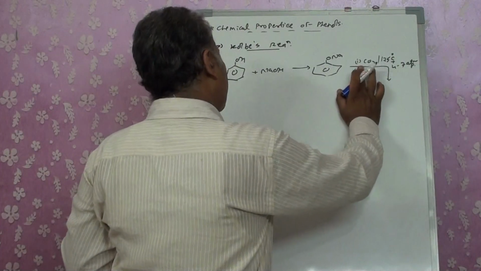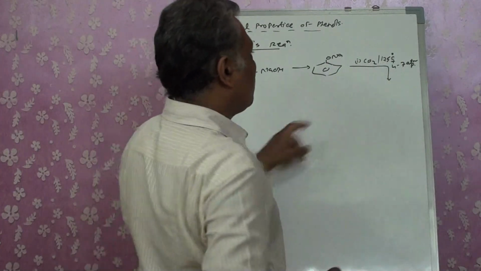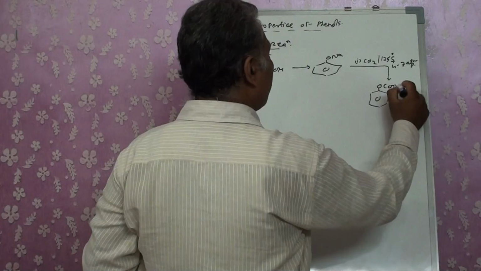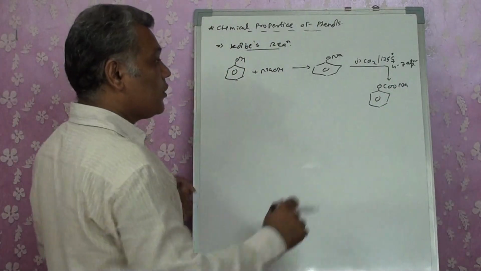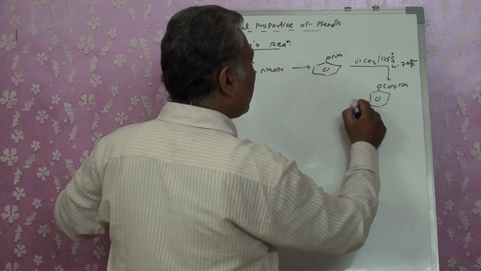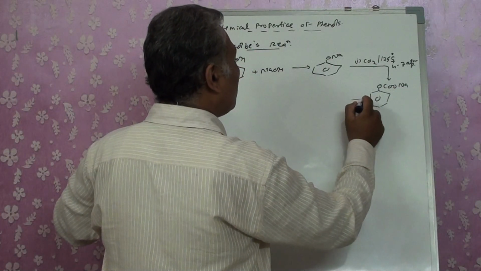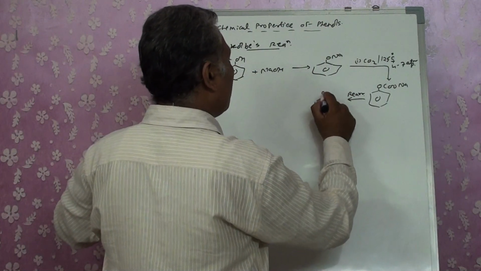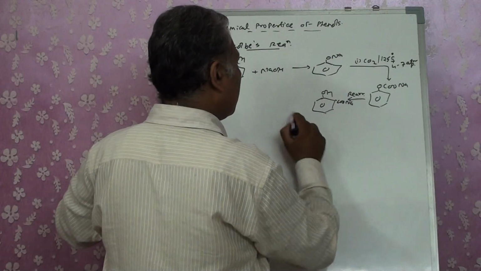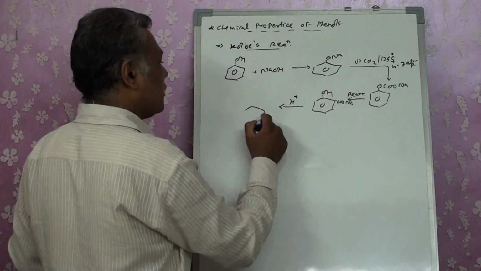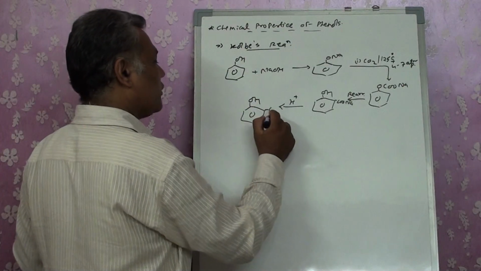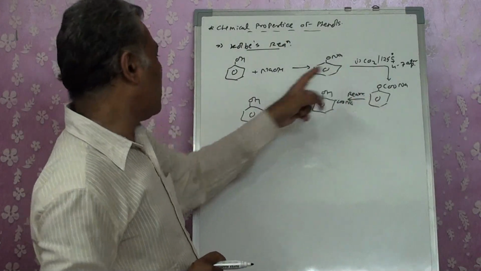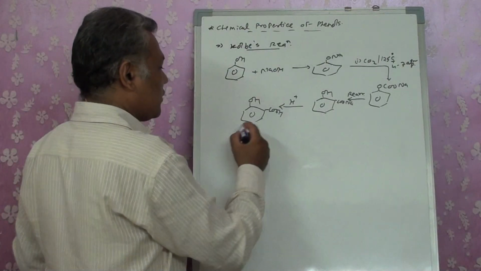Actually, if I separate these two steps, let's do only the first one. What will happen? It will produce OCOONa, right? Which actually can't remain, the bulky group cannot remain on it. So it immediately goes for rearrangement and gets converted into OH COONa, which on reaction with H plus gets converted into OH COOH, right? But in our textbook what is done? This H plus is indicated over here